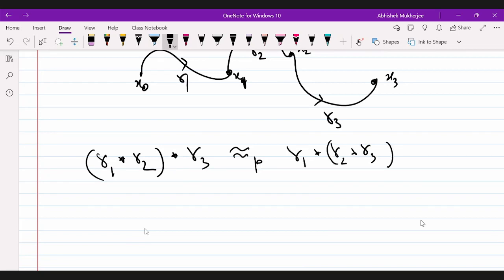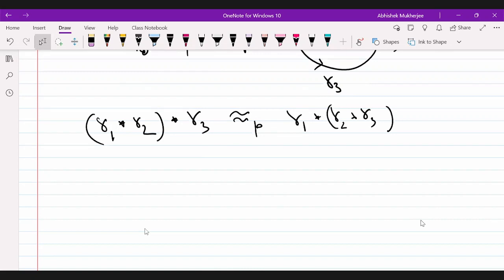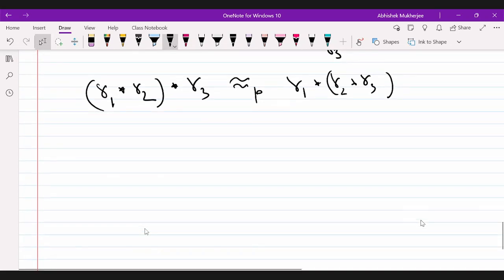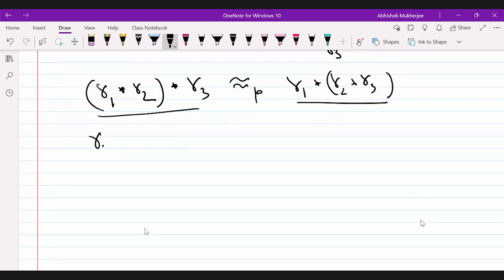But these two are similar in view of path homotopy. But why? If you look at the definition of these two concatenations, you will find that